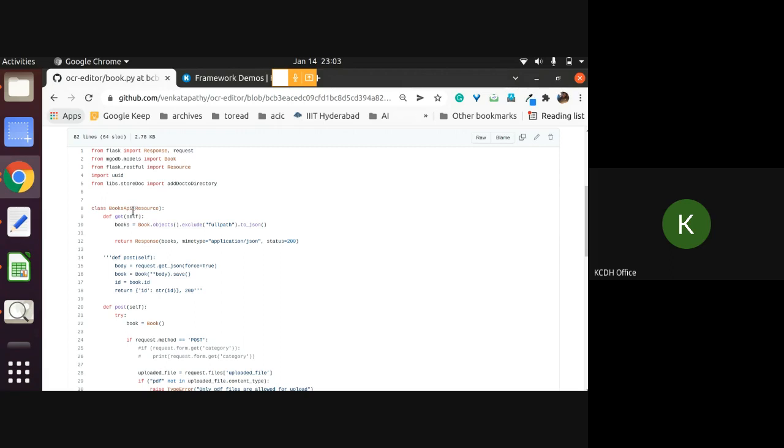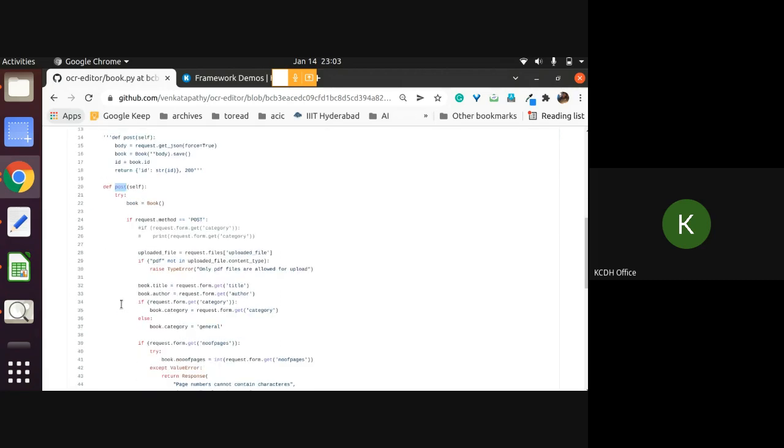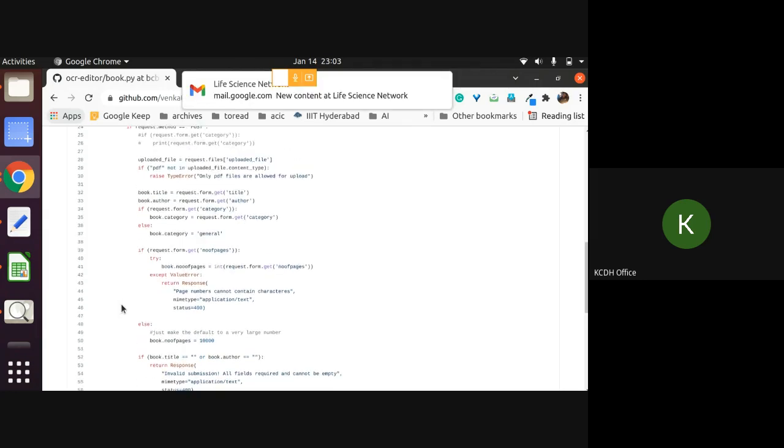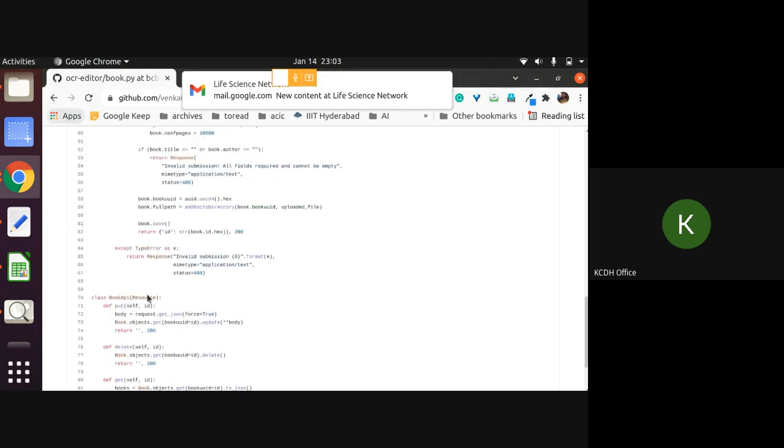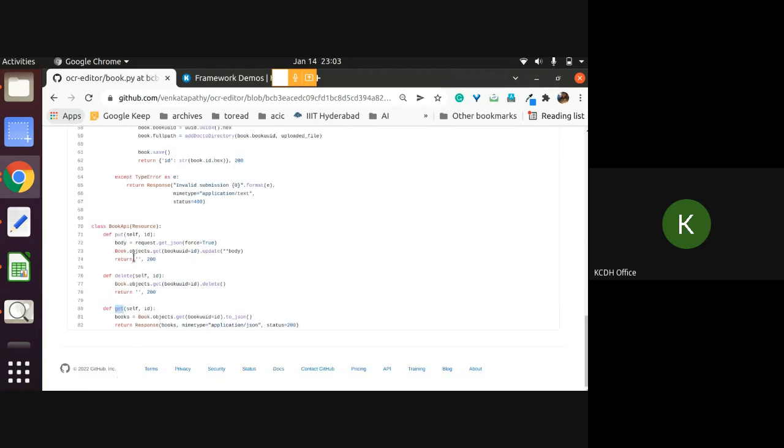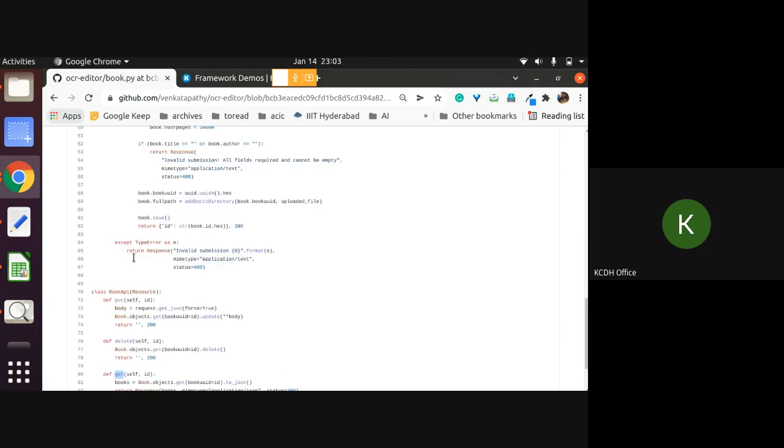So like I said, if it is just books, that's called get, and there is post for submitting something. This is just a simple REST concept. I have not done anything extra. And there is also book API. For example, you can add a book, delete a book, and get a book. Very simple. I'm just calling them. All that other manipulation is done by the REST framework.